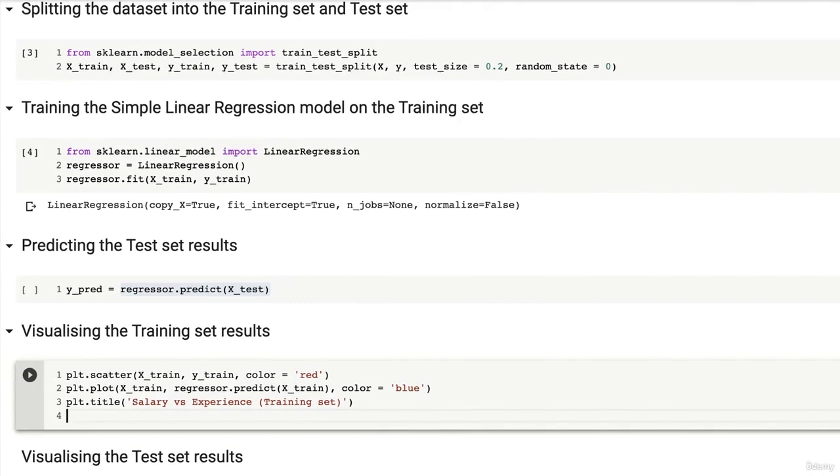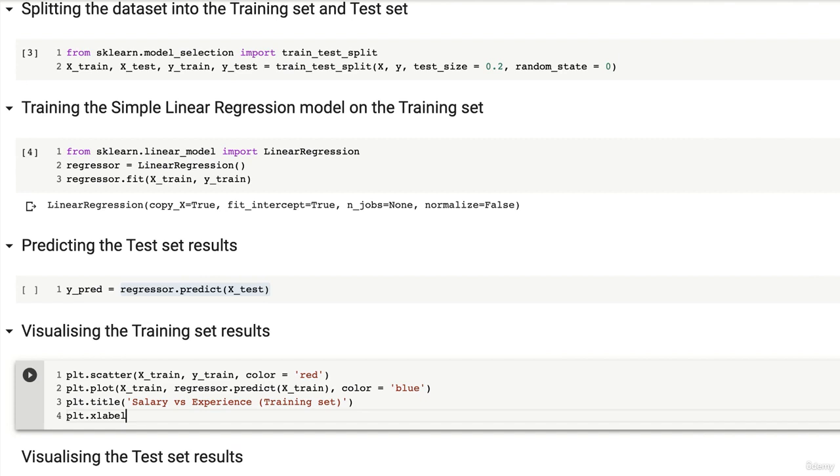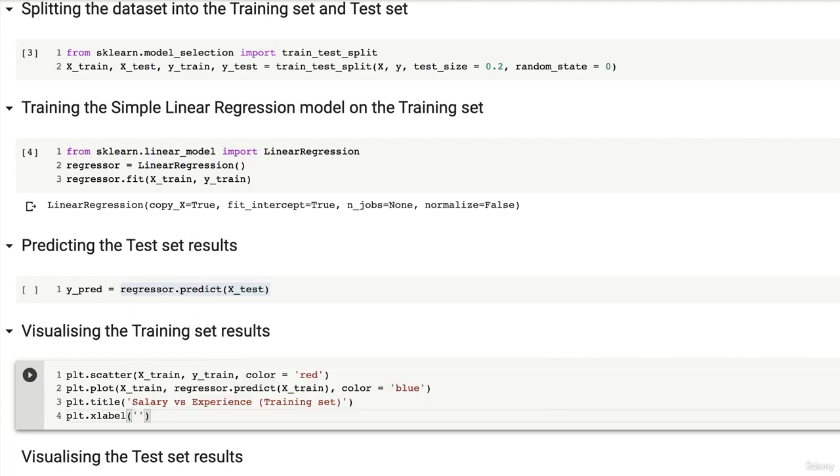Now, we're just going to add a label to the x-axis and to the y-axis. And for this, we have to use the xlabel function, into which we have to input, well, the label we want to display on the x-axis. And we're going to choose, in quotes, of course, Years of Experience. All right, good.